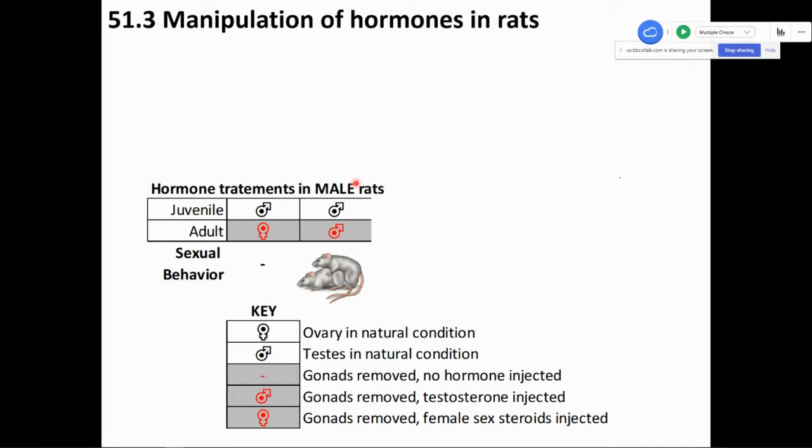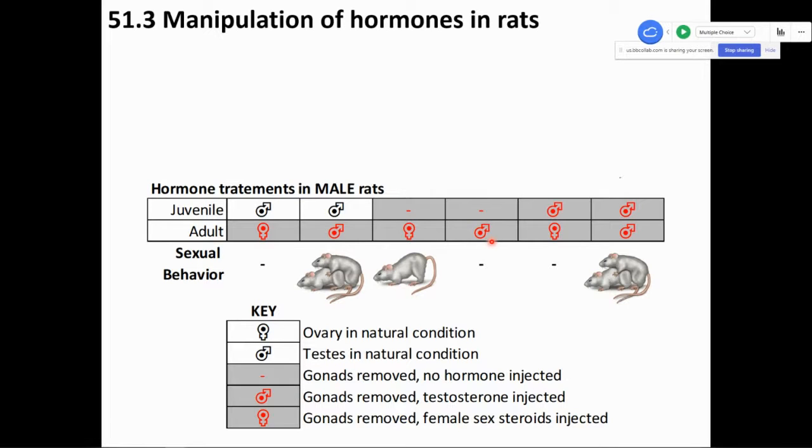Now, when the males, so genetic male individuals, they did equivalent experiments. So here they have their testes intact as juveniles, and then they're removed and given either female sex hormones or male sex hormones as adults, and they mate. Those with the testosterone as an adult mate as a normal male would. But if you remove the testes in the juveniles and give them female sex hormone as an adult, then they display as a female. But nothing occurs in terms of the male sex hormone as an adult.